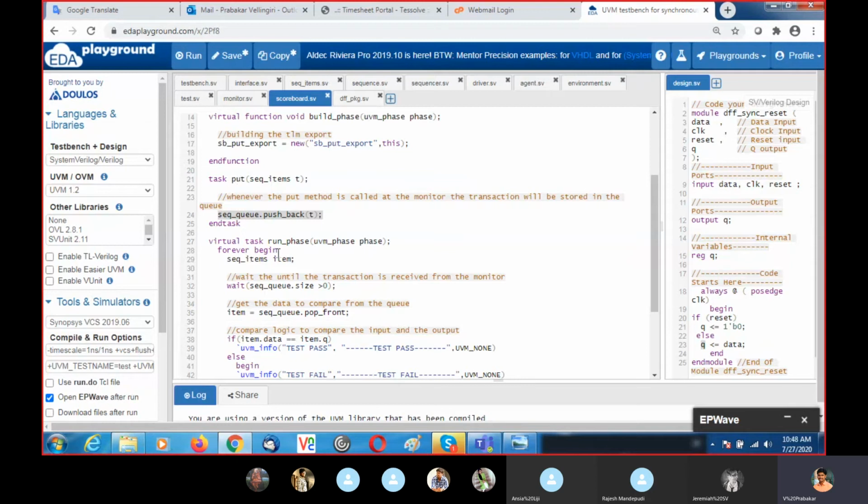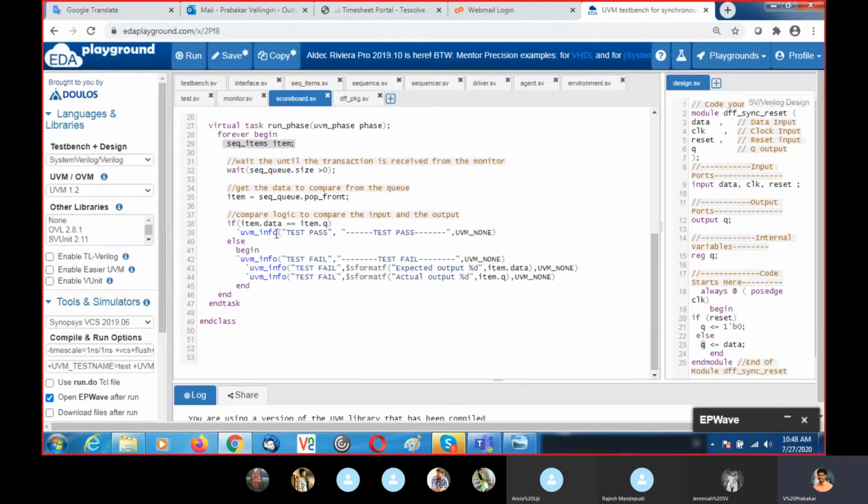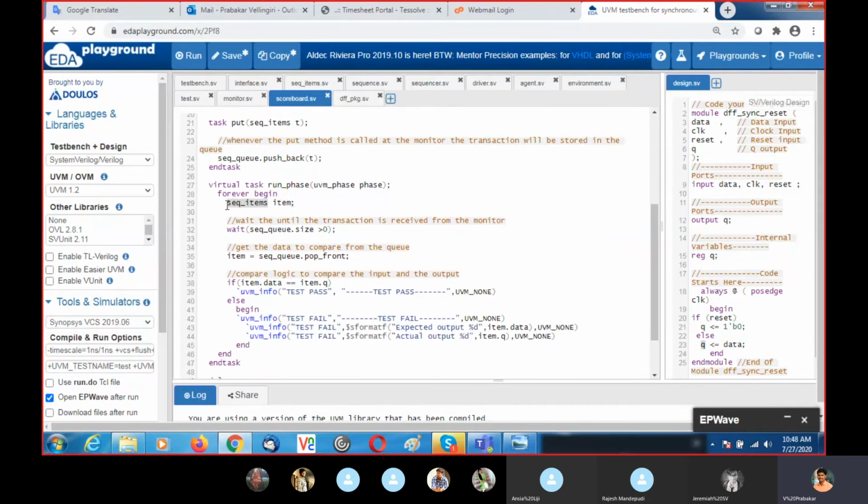Inside the queue, I am putting the collector transactions. Then in the run phase, here also I create an item, which is a type of sequence item. Here I am waiting for the queue size to be greater than 0. If I put one transaction inside the queue, the size is greater than 0, so automatically it will pop front. It will take the transaction from the front, that is stored in the item, and I am comparing the data and Q. The data is the input we are sending to the DUT, and Q is the output coming from the DUT.